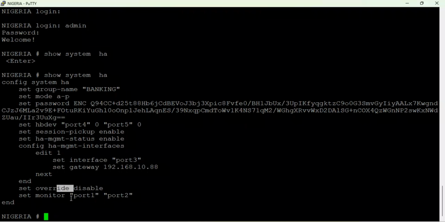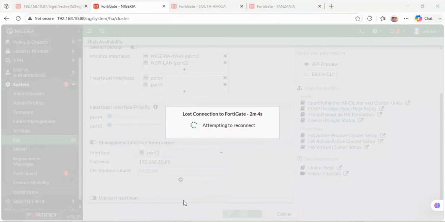Then the monitoring interfaces are the interface facing the ISP, Internet Service Provider, and the interface facing the LAN. These two interfaces give the signal to the firewall whether the other is down or not, because the traffic is reachable or unreachable. So when we now go back to our firewalls,